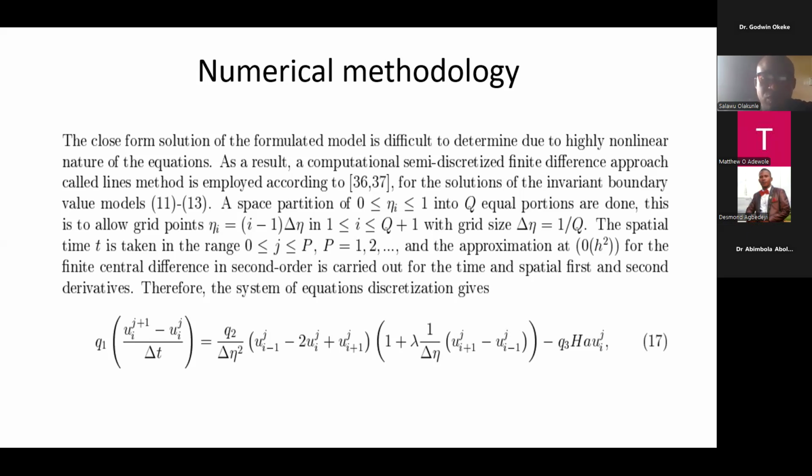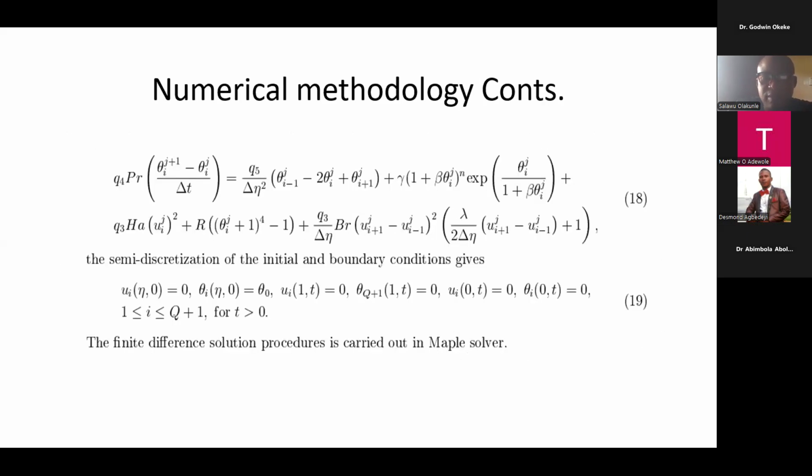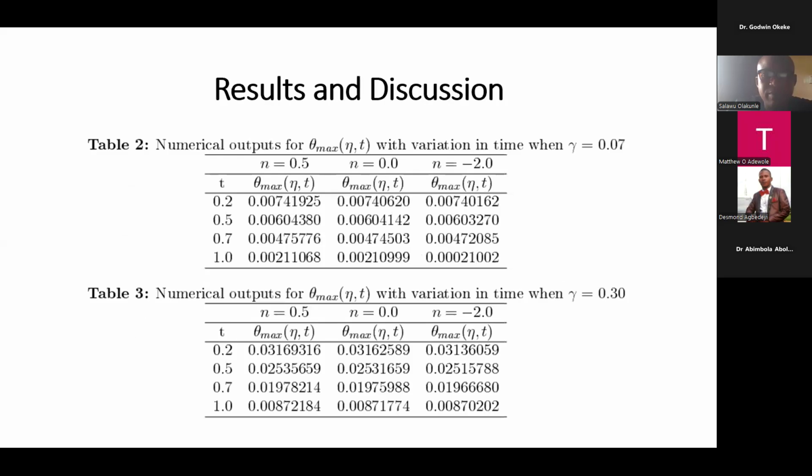So we are still on the method of solutions. A finite difference method has been used to solve the problems. This method was chosen because, although there are other methods that can be considered for solving the problem, this one was chosen due to its accuracy, convergence, and stability. And this is the crystallization of the energies and the boundary conditions.